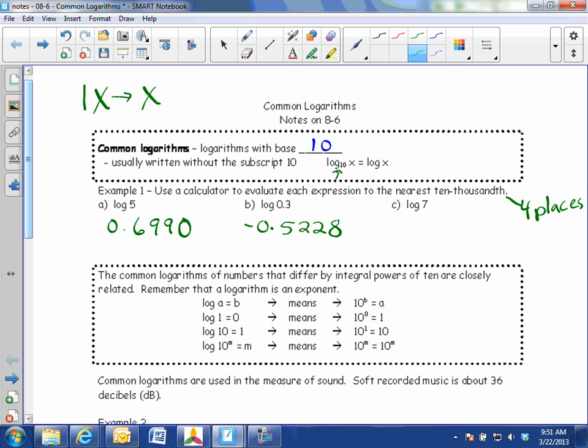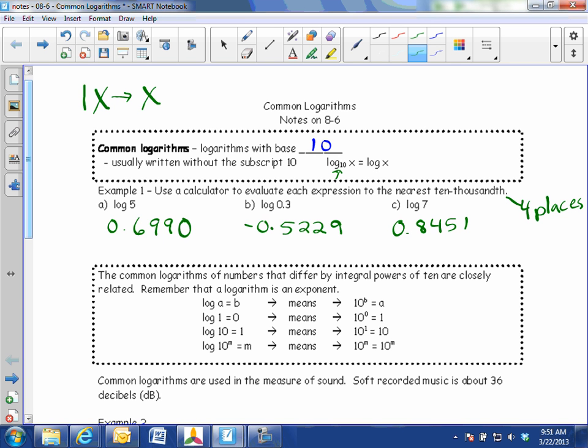How about this C? What would you get? 229? Oh, it is. Let's get it rounded up. So are there like 20 problems on the assignment? Yes. There's a couple, but there's not. Okay, what on this one? 8.45. Alright, so now that you know how to use your calculator with the log,